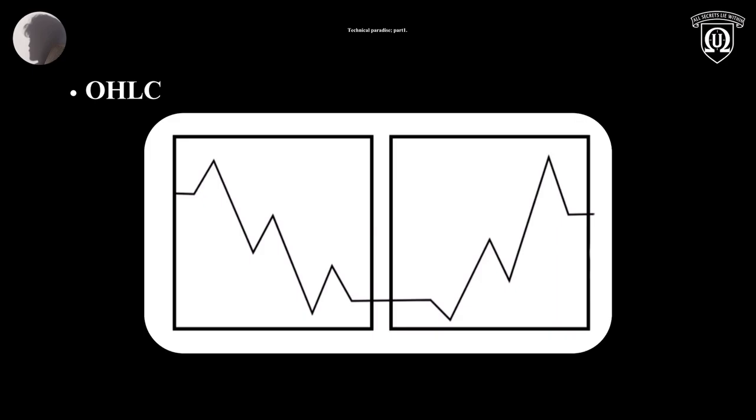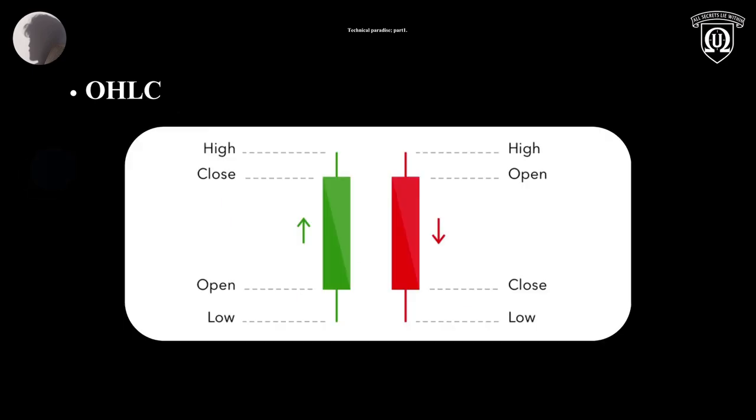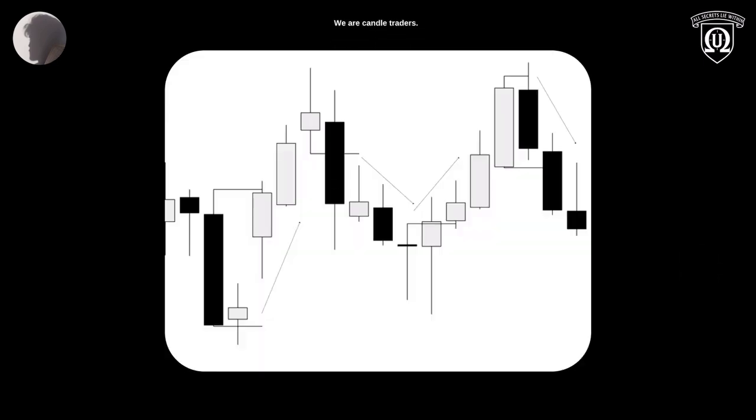Open, high, low, and close. The shape of the higher time frame candle. You want to try and guess it just by looking at the outer shape of the candle, right? We are candle traders. What does that mean? That means